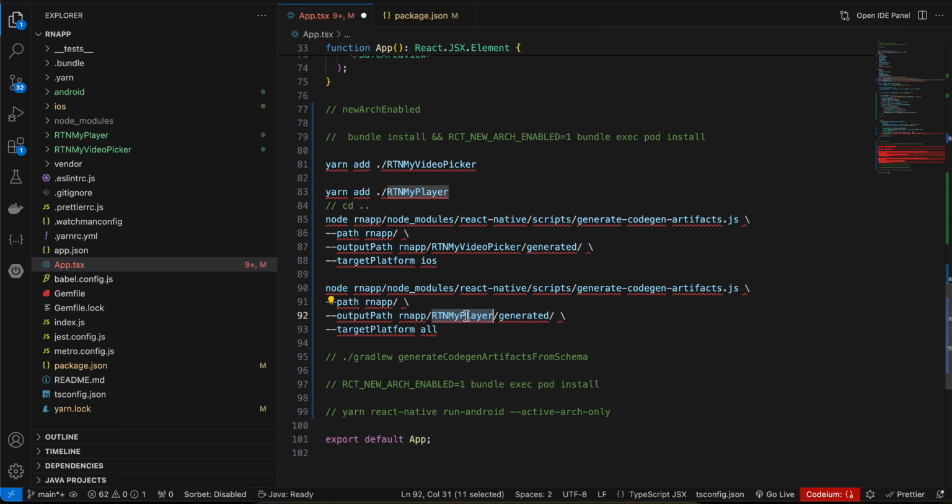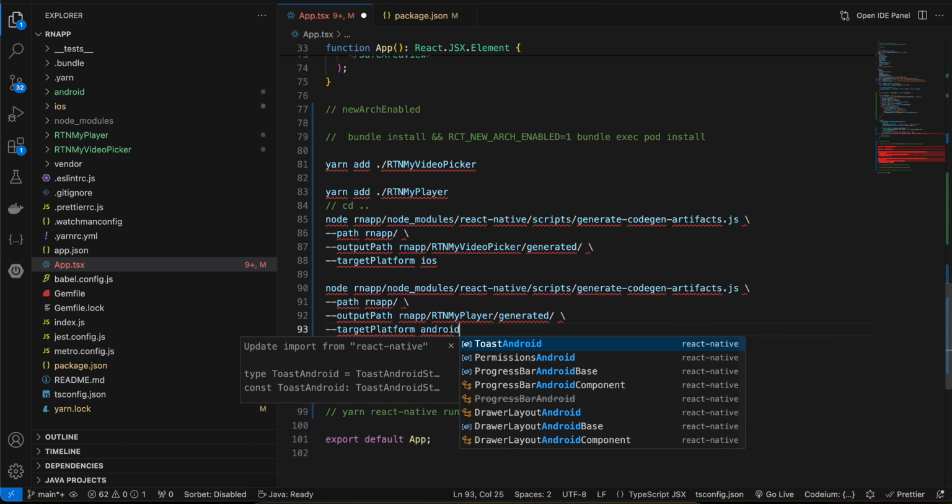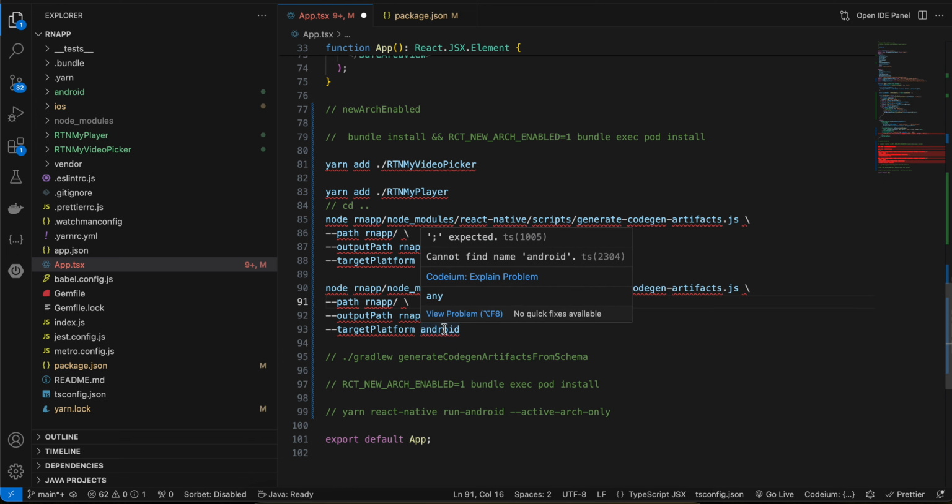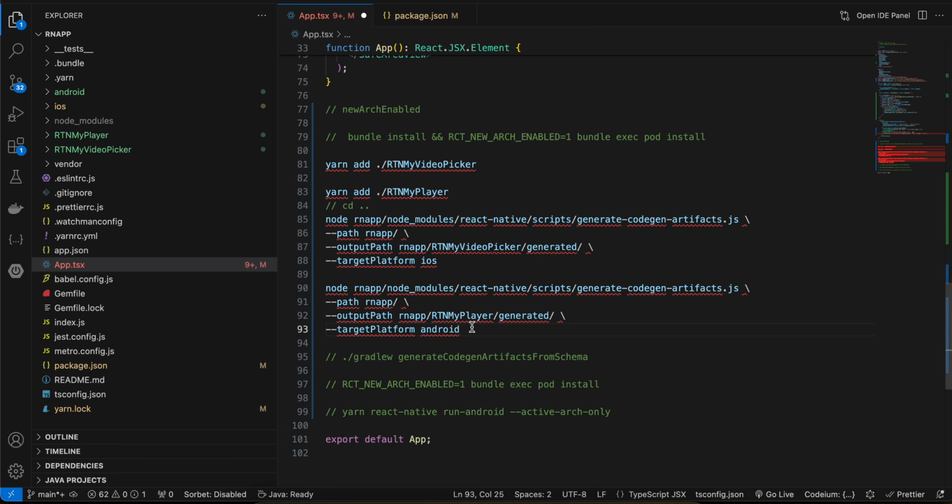Then you will have to again run this command, but here as you know RTN my player is only for Android, so I did pass Android over here. This works fine for Android, but for iOS it was causing me an issue. It was telling me RTN my player not found. That's why I couldn't help it. Maybe you can just try running Android, but if you are facing some issue for iOS,